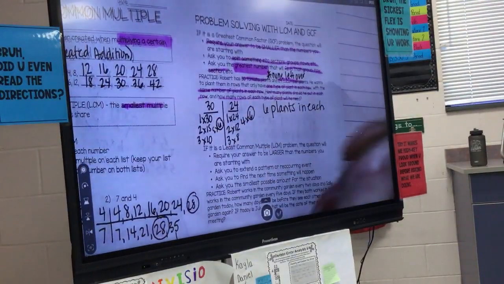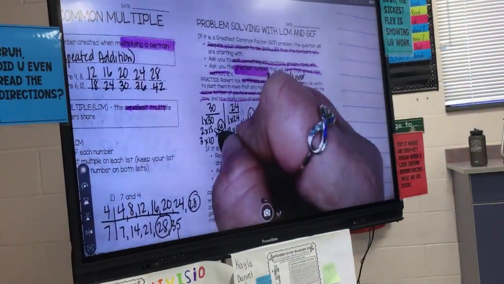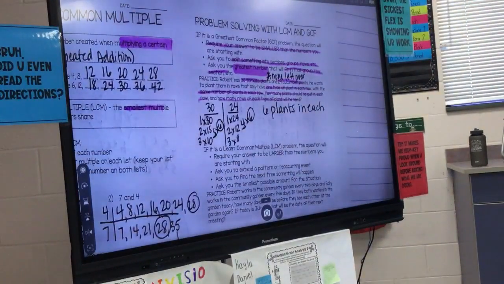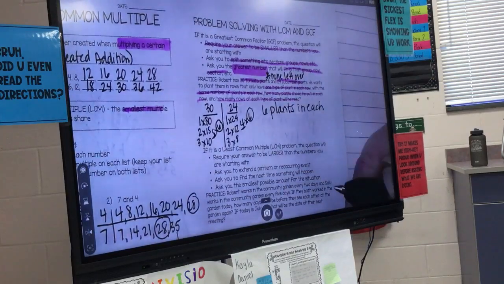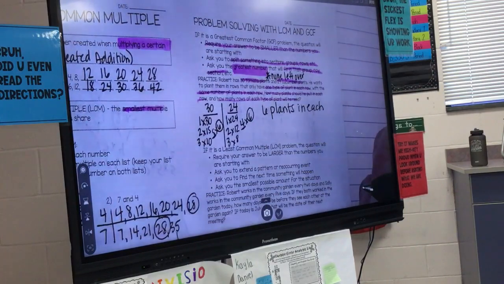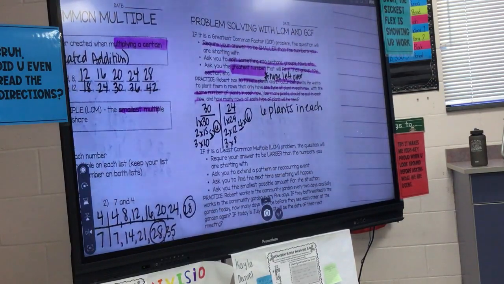The second thing is the number that goes with 6. So the 5 and the 4 are the numbers of what? Sabrina. The number of plants. Guys, you start like this and you finish like this. You might have the right answer, I just can't hear what you're saying. The number of plants in